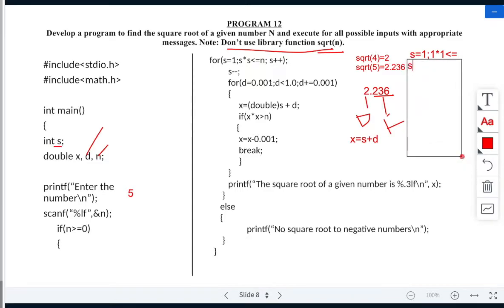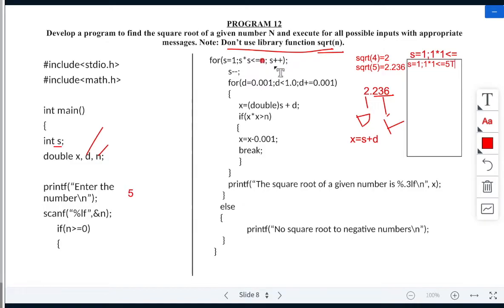See here, s is equal to 1 the first time, 1 into 1 less than or equal to 5. True or false? True. True means what happens?